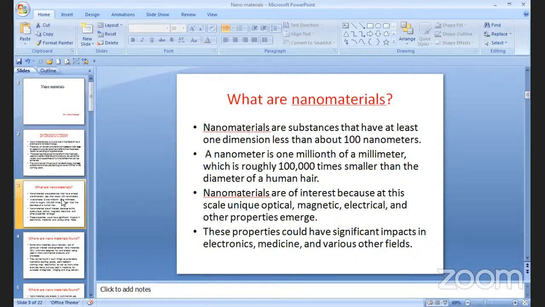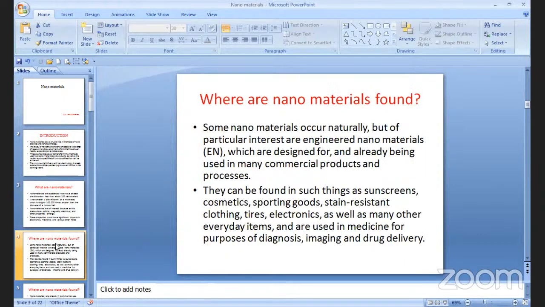If you take these nanomaterials, where are they going to be found? We'll see here. Some nanomaterials occur naturally, but for a particular interest, if you want to use these nanomaterials in any particular field, then we have to make these nanomaterials. That means we have to engineer these nanomaterials for a particular interest, or engineered nanomaterials,